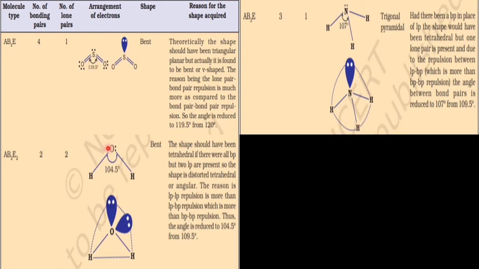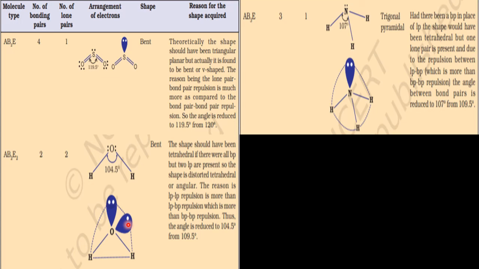As well, it will take one shape here in space. This also wants to be tetrahedral, like methane. See here, one H, second H, third H, fourth H. Like methane, it wants to take that shape, but with one lone pair in methane the bond angle is reduced. Now with two lone pairs, imagine the lone pair repulsion is maximum, so this wants to go this side, and this wants to go this side in space. Please imagine the mental picture.